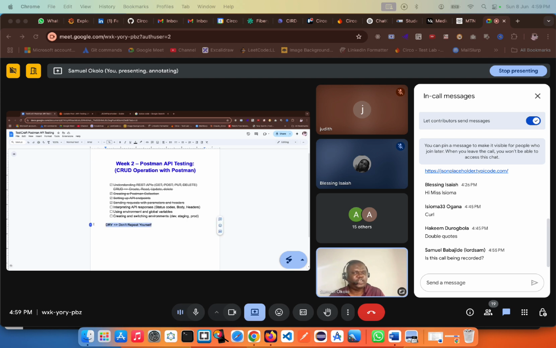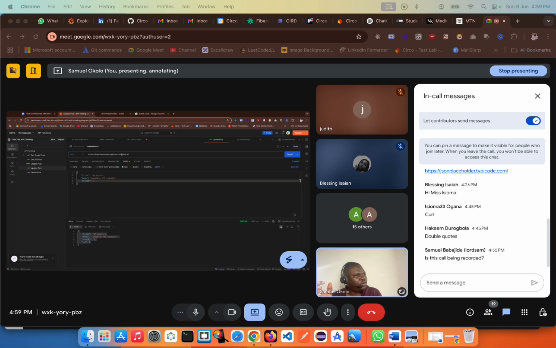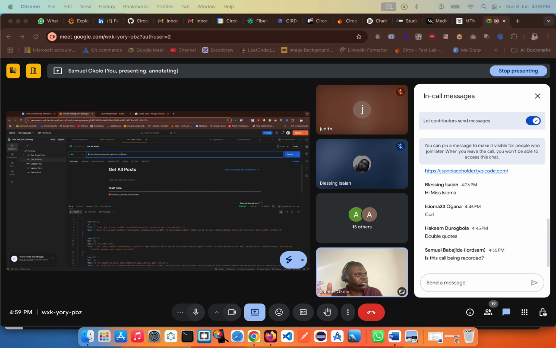Now, if this is actually the right method of carrying out your work in the software development ecosystem, it means that we are wrong for repeating this base URL, right? It's not right. And why is it not right? If there's something that I have to change inside this base URL, if I have like